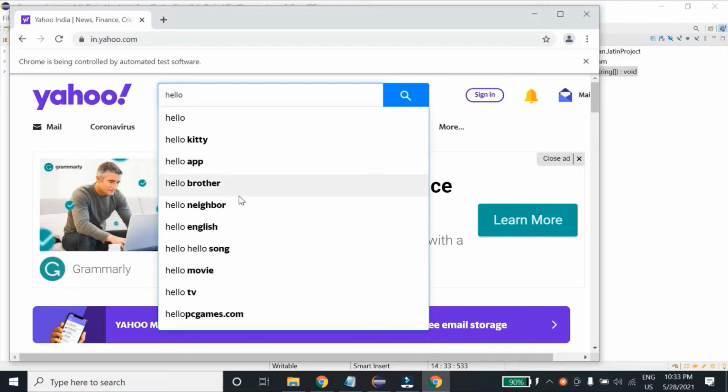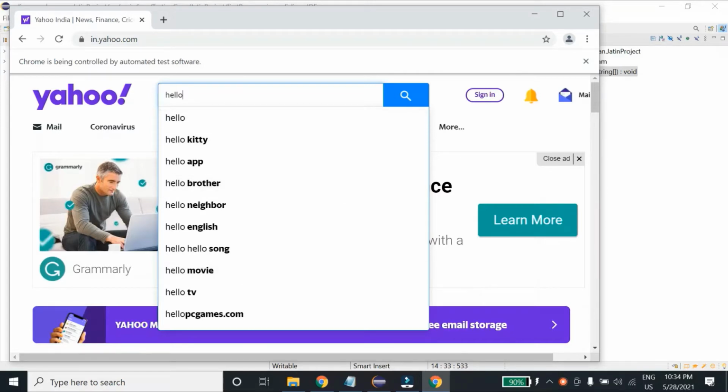So I hope that you have got the basic idea about how to write XPath. We'll explore more. We'll explore XPath axes. We'll explore XPath functions. All these things we'll cover in this video. But I hope that you get a generic idea of how you can write the XPath.